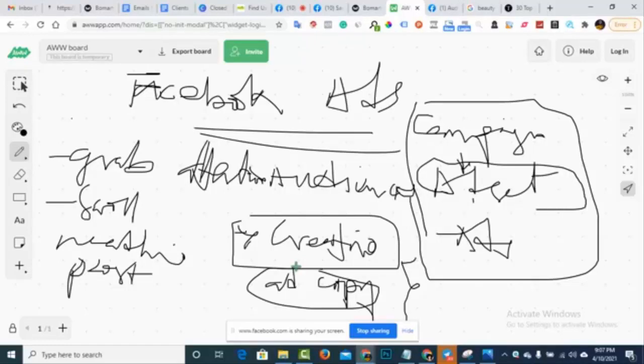All right, now, like I said, the purpose of your creative, the purpose of your image, the purpose of your video is to grab attention, to get people to stop. Now, once people have stopped, the next place their eyes are going to go to for a second is the headline.